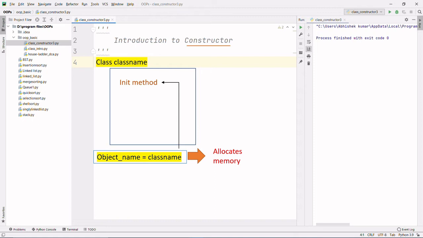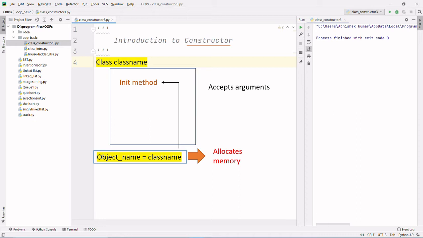The answer to why and when is: when we initialize or create an object of a class, the memory gets allocated to it, and at the same time the constructor gets called automatically or internally. So what if we need to pass any argument inside the class? How can we do it? Or can we do it?